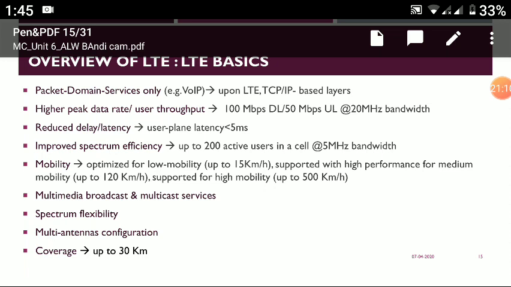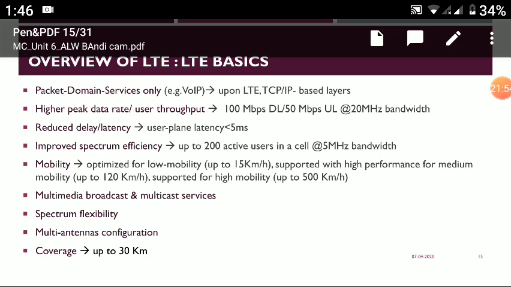The overview of the LTE basics. It is a packet domain service only, with higher peak data rate, user throughput around 100 megabits per second, reduced delay latency, user plane latency less than 5 millisecond, improved spectrum efficiency, and mobility optimization, for low mobility. Whenever you want to go through the LTE or 4G mobile technology, then you people can get a clear idea about the